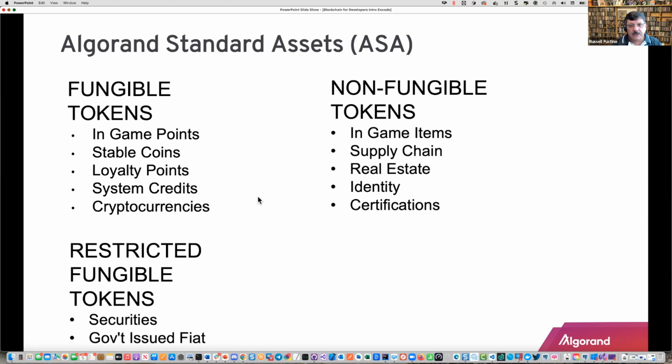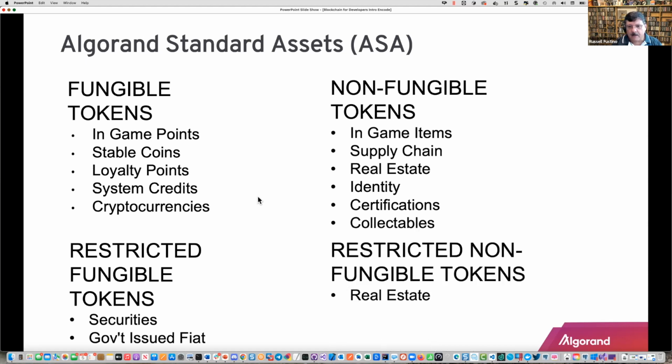is another good one. Certifications. These are all unique. Collectibles is the one I really like to think about, like baseball card collections. You've got lots of metadata around a baseball card. Is it new? How unique is it? Is it rare? Where did it come from? All these kinds of things. Is there a certification with it? These are all things that play into it being unique,